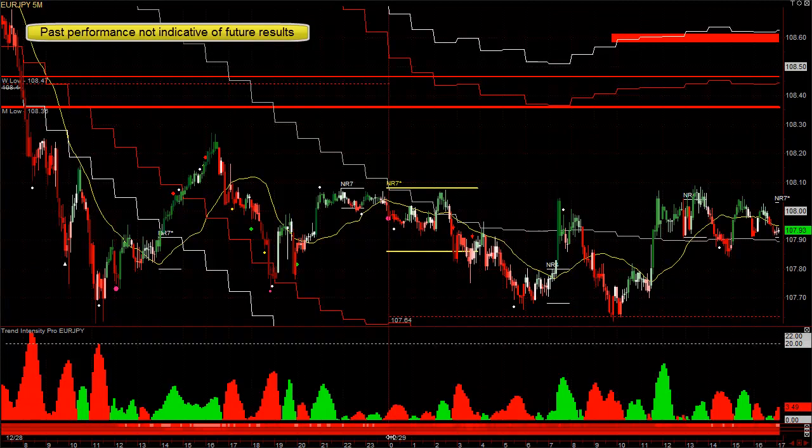Euro yen daily, weekly, monthly trends down. It's underneath the hourly. You might have gone short right here. It didn't really lead to much. And again, when it came back to the hourly and couldn't go above it, you might have gone short here,